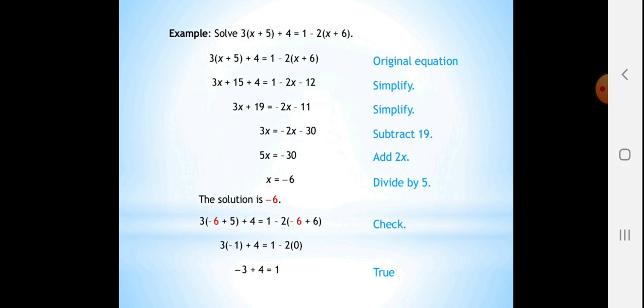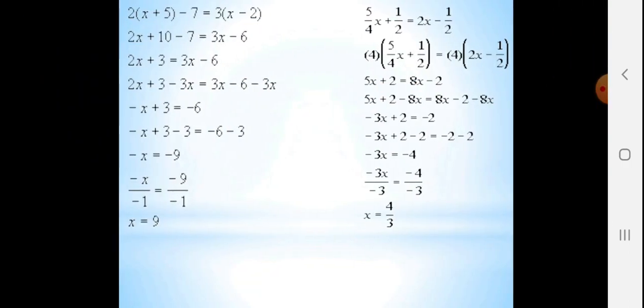Now carry all the x to the left hand side and all the numbers to the right hand side. So x is equals to minus 30 divided by 5. 5 6s are 30. So your answer is minus 6. You can also keep the value of x and check whether your solution is true or not.